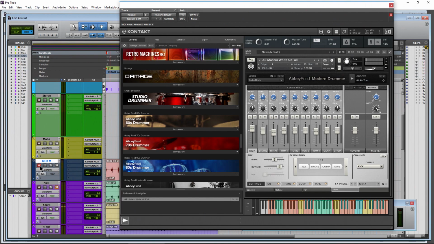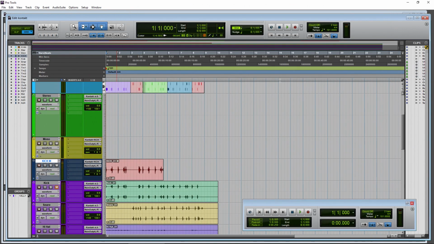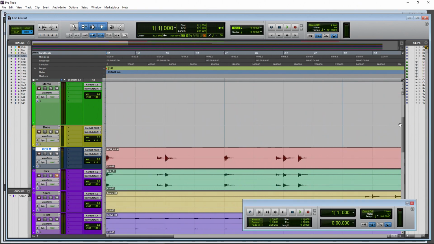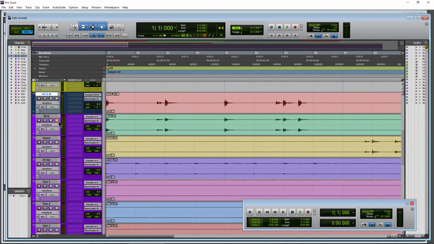Okay, long enough. Take that off of record enable. Let me close down Kontakt for now. So right there is our kick on the mono versus on the stereo there. So to hear those,